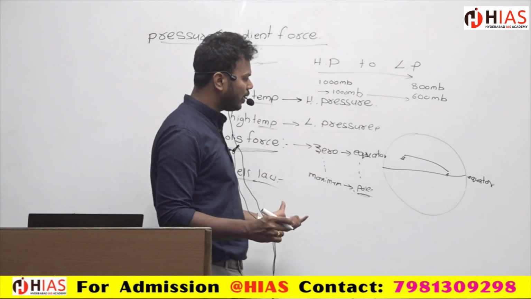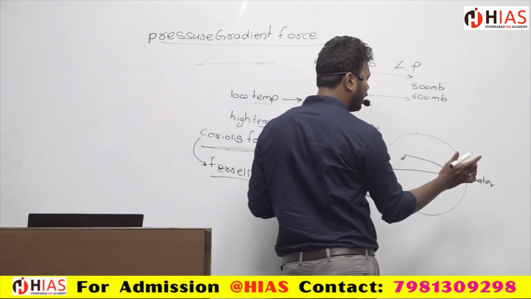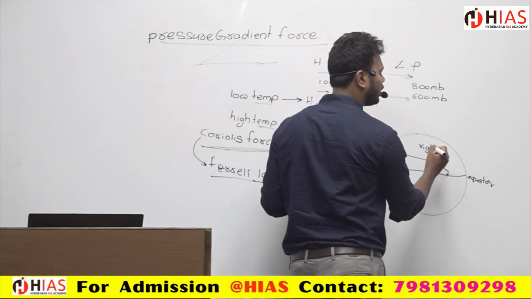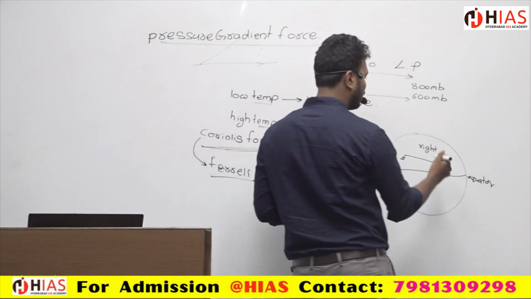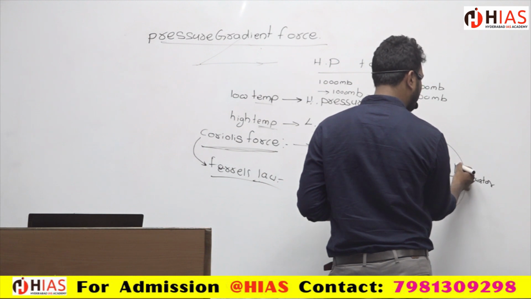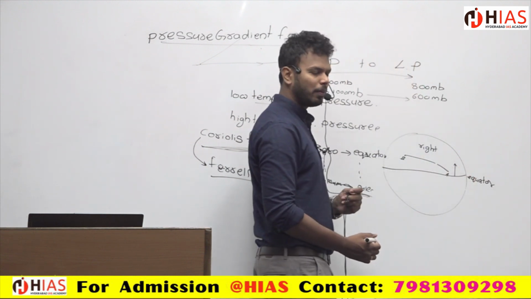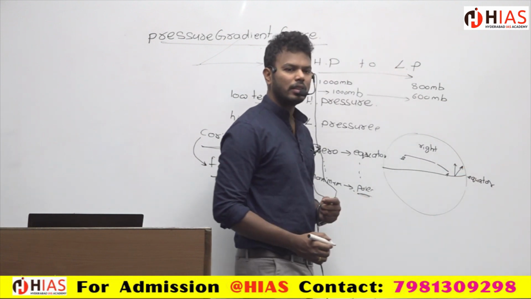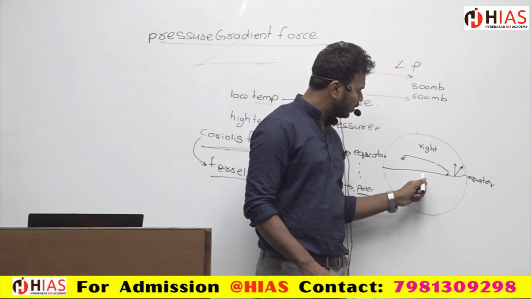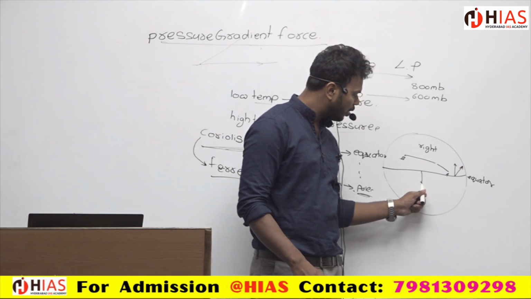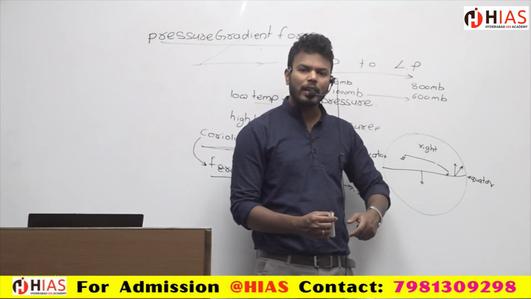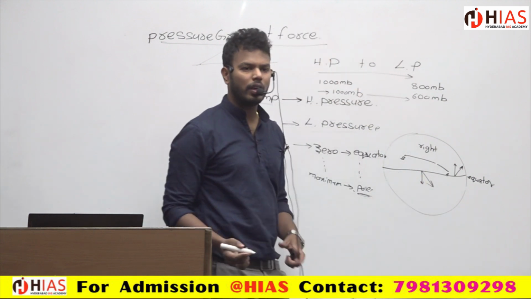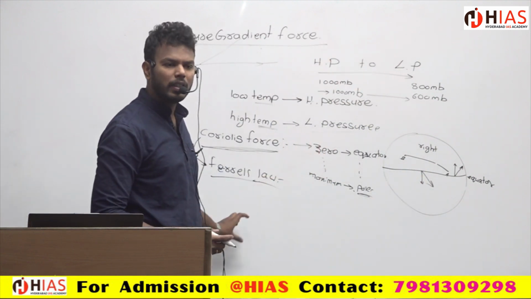He started saying that anything that is moving in the northern hemisphere will always deflect to the right side. Supposing the object tries to go in this way, from this place to that place, it will obviously get deflected towards the right. Suppose the object tries to come from this side, due to Ferrel's law, it gets deflected towards the left side. This is what is held by Ferrel's law.